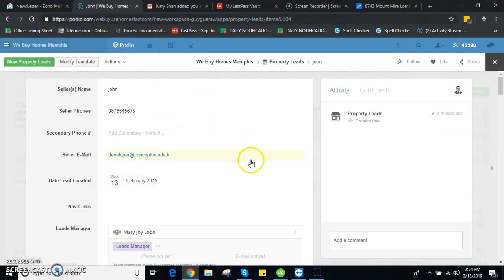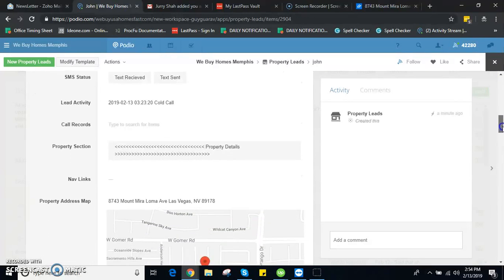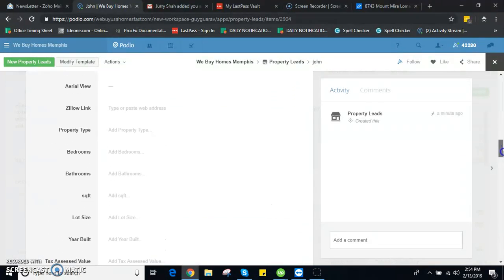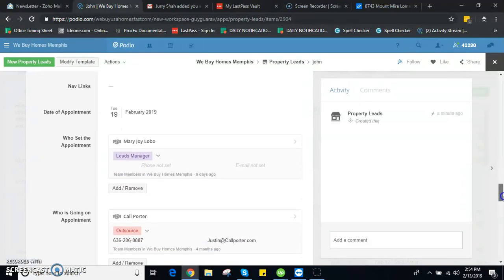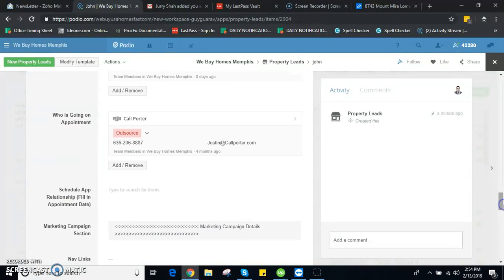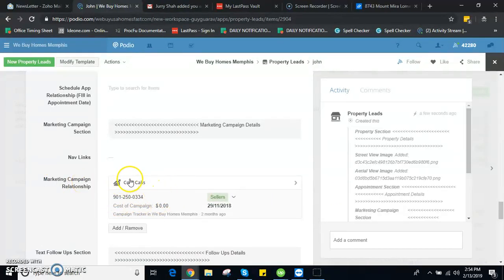So here's the lead. You can see it over here. So this lead was created by me. Therefore, it was created by the cold call app. Therefore in the marketing campaign relationship section, cold call is mentioned, right? Okay. So now let me tell you something about